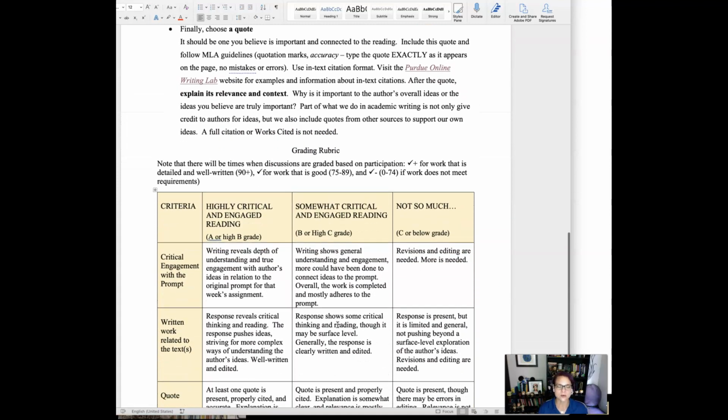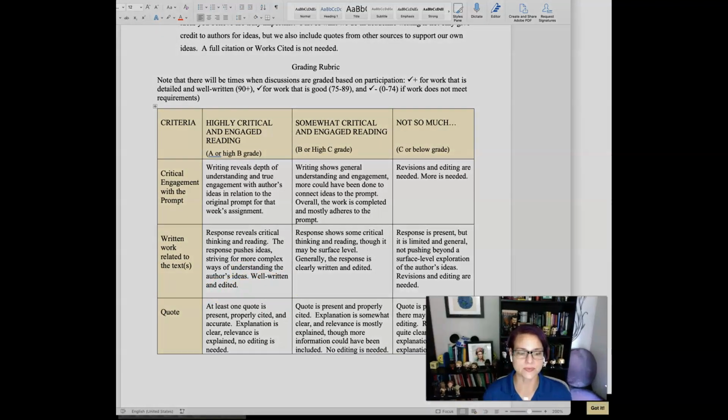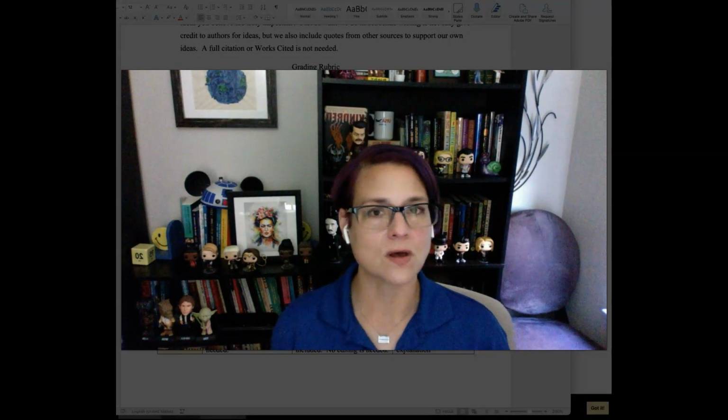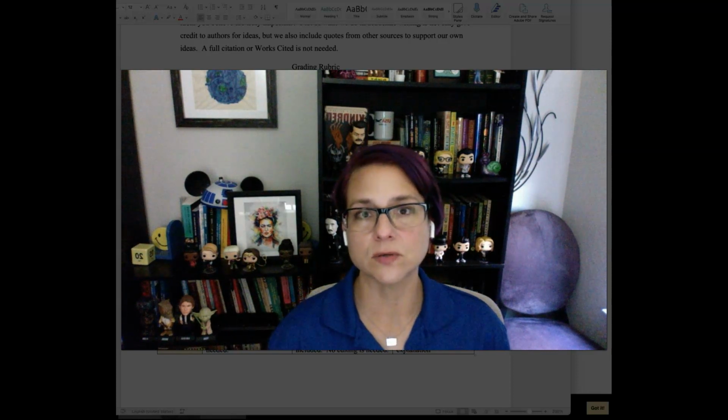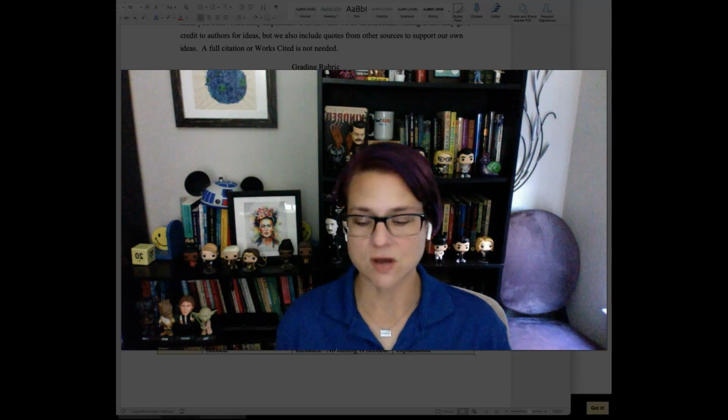Here's a very general grading rubric, just so you can keep your mind on what assessment will look like. So we really want to stick in this column right here, where you're showing real engagement with the prompt. You're answering all the different aspects of the prompt. You're thinking critically. You're not just summarizing unless that is specifically something that's asked for. Well written and edited. Your grade for writing is always going to be based on how effectively you communicate your ideas. So as I've said before, hopefully you really have taken this to heart.